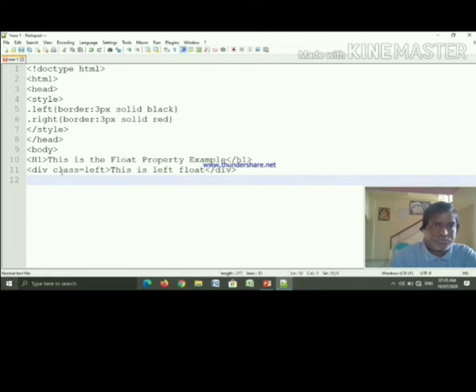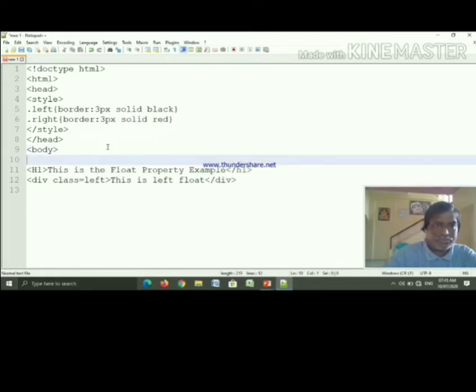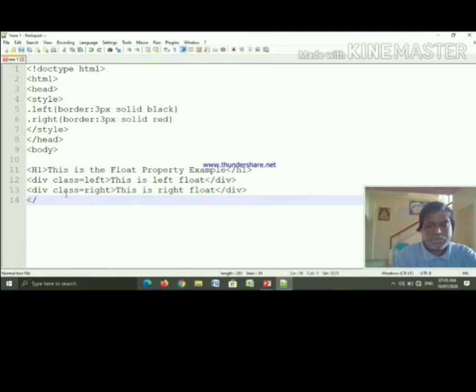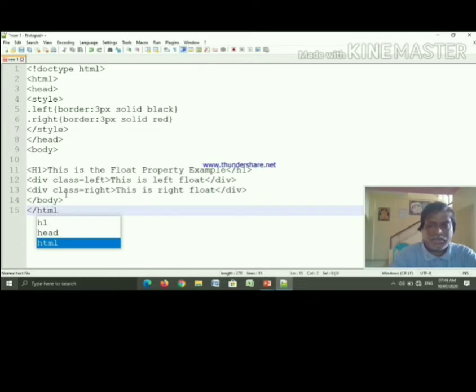Second div, again class equal to right, this is right float. Slash div, slash body, slash HTML.